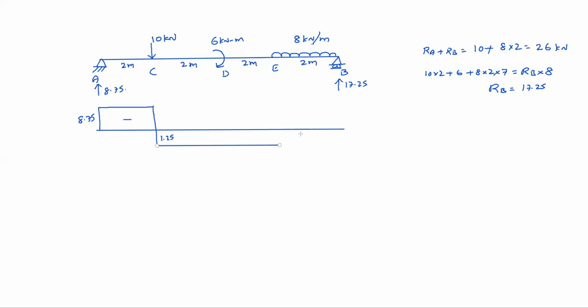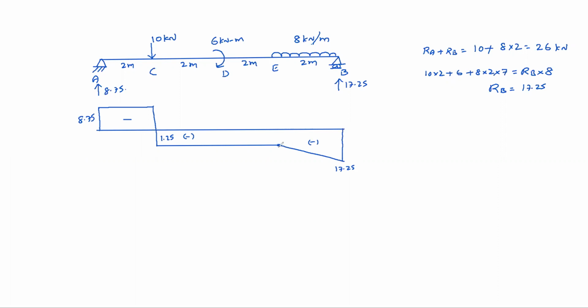The couple is there. Couple cannot be detected in the shear force diagram. You know, couple cannot be detected in the shear force diagram. Okay. Then UDL intensity 8, 2 meters, so 16 down. Totally 16 down. Already 1.25 down, negative. So 16 means 17.25, down, negative, this also. So up 17.25 should join there like this.